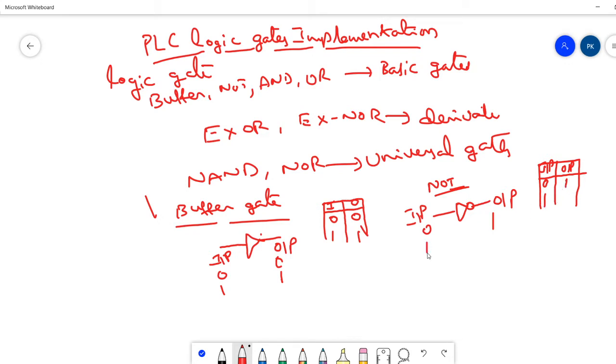For 1 input, it gives output as 0. That means it gives the negation operation. So these are the NOT gate and buffer gate operations. And look at the two more basic gates we have, the AND and OR gates.